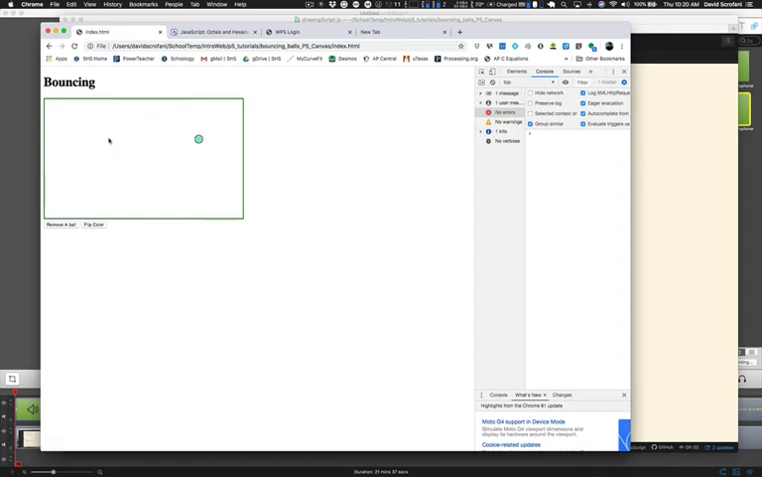Refresh. Okay, that one came out sort of a pale green. That one's more of a purplish brown. Now they will all be completely random every time